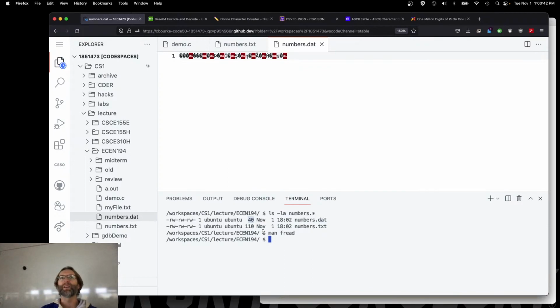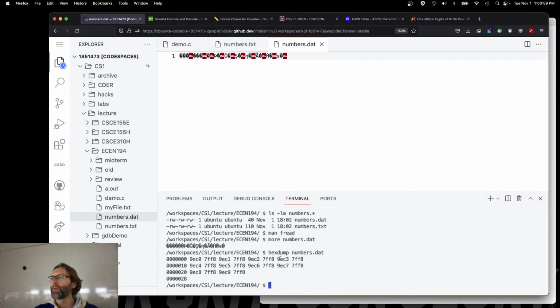Well, because it's binary, it's trying to interpret it as ASCII text, and it can't. So if I go more numbers.dat, there it is again, in a different interpretation. If I do a hex dump of numbers.dat, a hexadecimal dump,